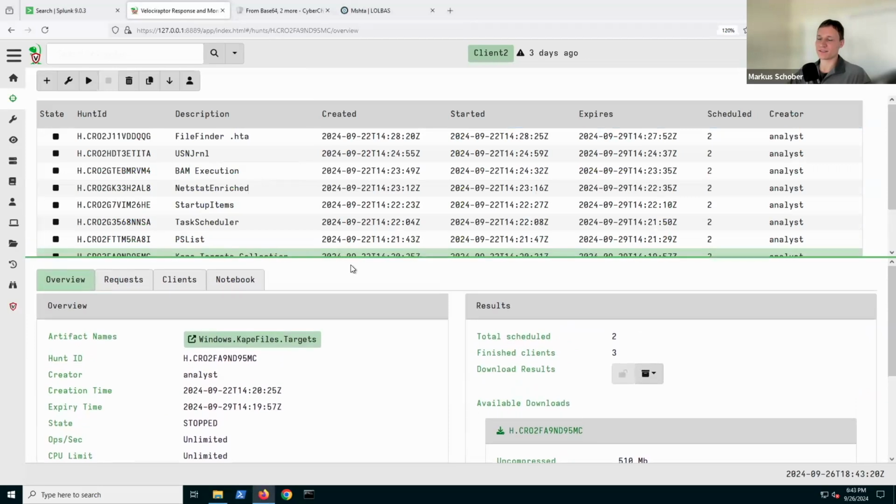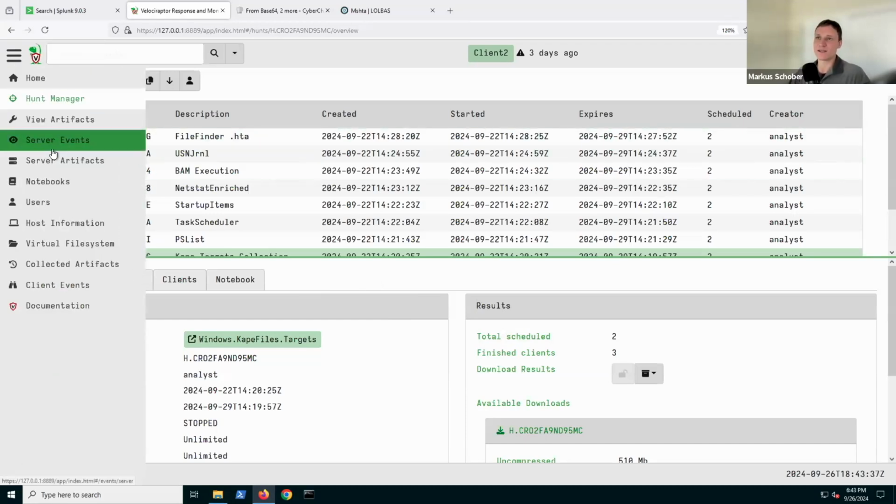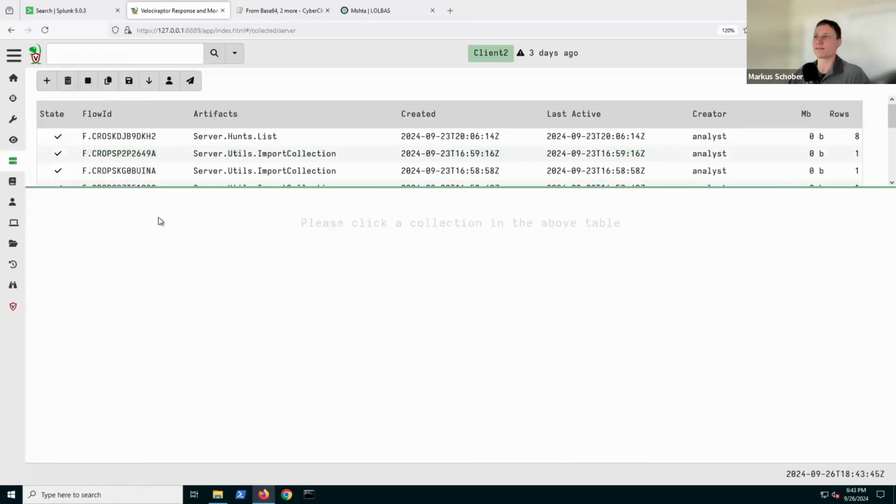The second option is, what if this system is offline? Or what if you can't connect to the system? Somebody needs to execute something manually because it's offline, because you can't connect, you can't deploy Velociraptor. You can actually create a data collector, an offline collector with Velociraptor as well in server artifacts. So this is not a hunt now. Now we have the server do something for us, which is create